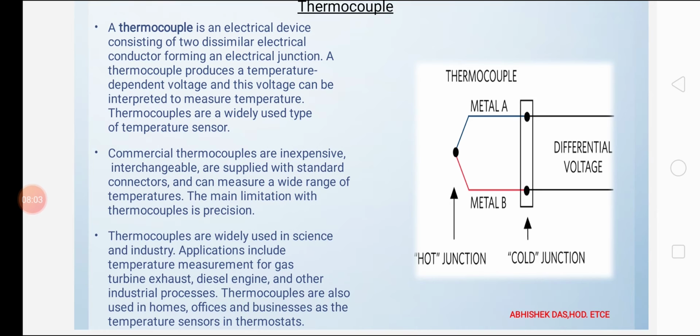The thermocouple type element is used for both DC and AC application. The operation is based upon the Seebeck effect, which states that when heat is applied to two dissimilar metals, an EMF is generated which can be measured at the other junction. The two dissimilar metals form an electrical circuit and a current flows as the result of the generated EMF.